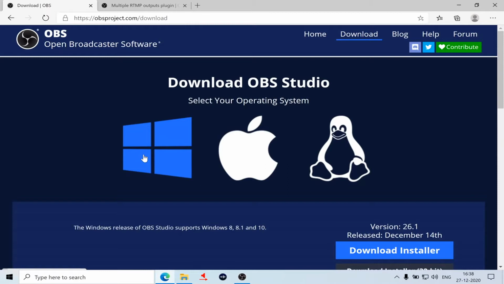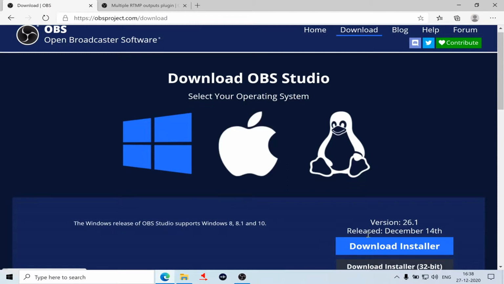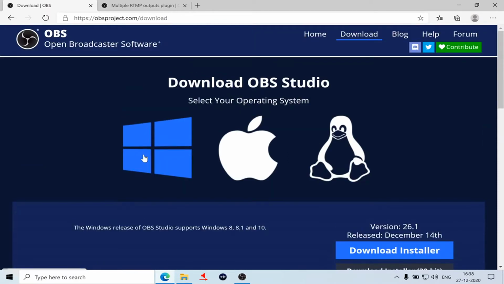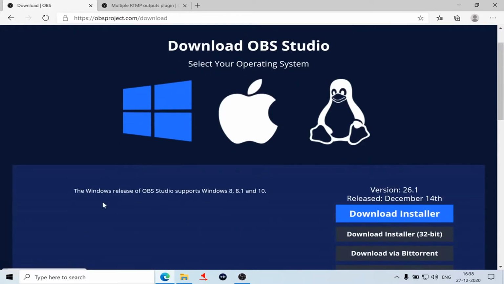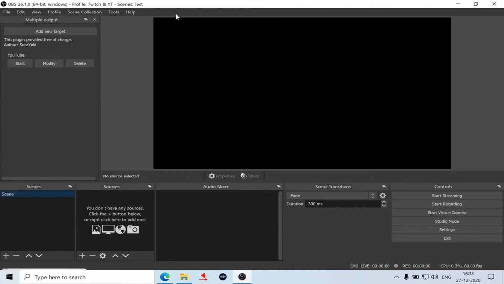So that's why we are going with the Bootcamp version on my Mac for the Windows. So we'll download the Windows. You have the option of installing here. I would not go through the same again because I already have it installed. I'll explain the entire layout for the OBS Studio also.